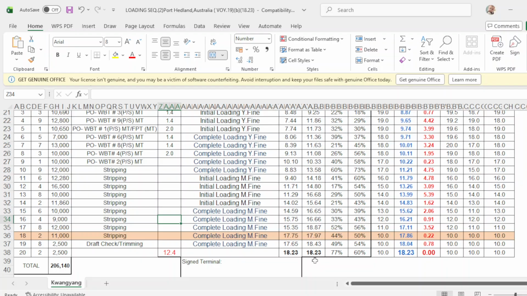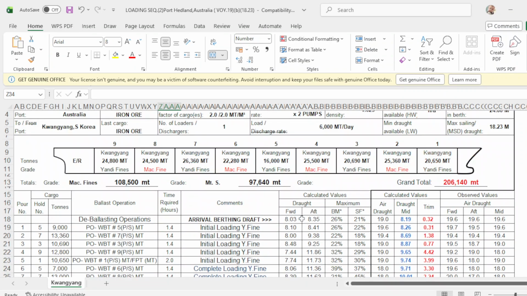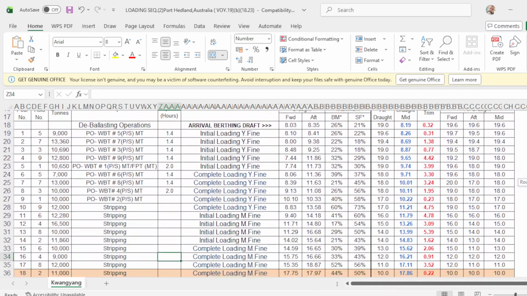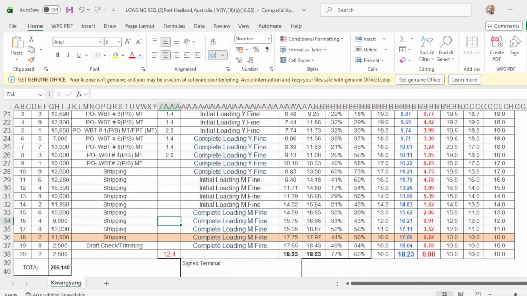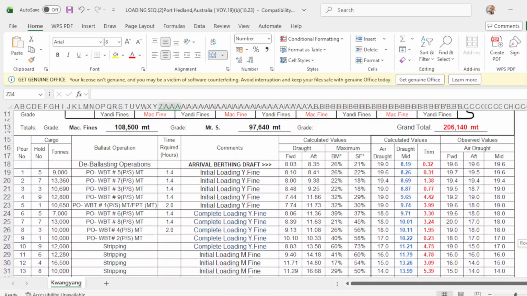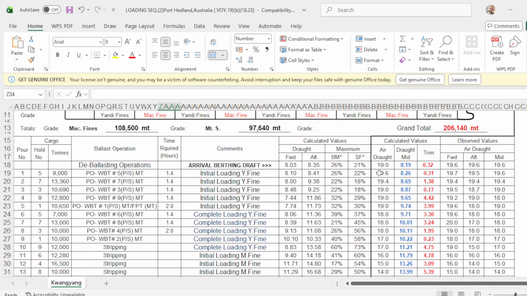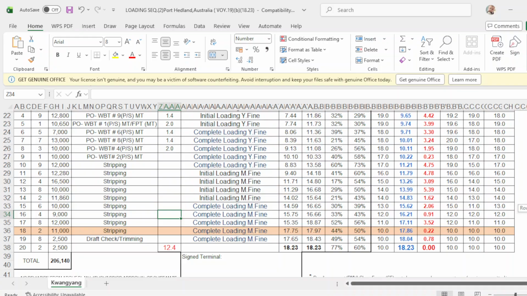And the final departure draft is 18.23 on even keel. Forward and aft, that is 18.23. And your mid, this is the draft mid, which is 18.23, and your trim is 0.